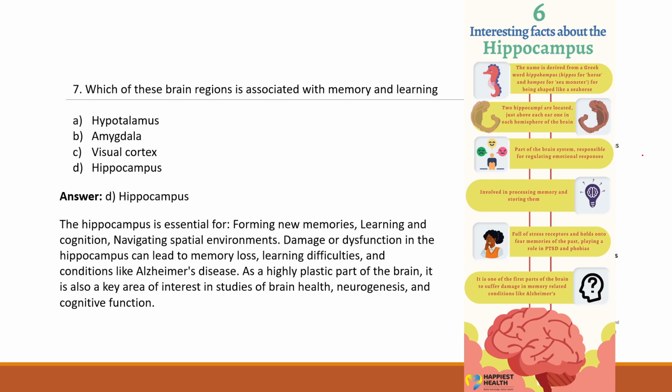Part of the brain system responsible for regulating emotional responses. So along with your memory and learning, it's also important for your emotional responses. Your happiness, sadness, stress, anxiety, everything is related to your hippocampus. That's why all the recent anxiety and depression research, and research on emotions, is based on your hippocampus,